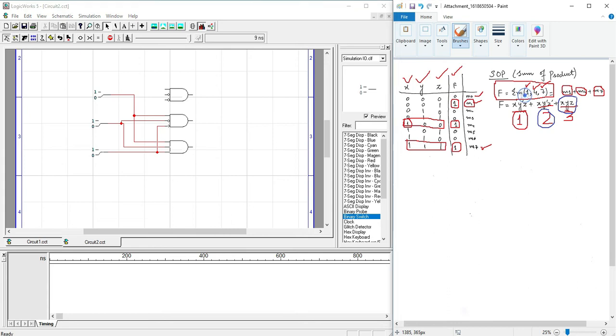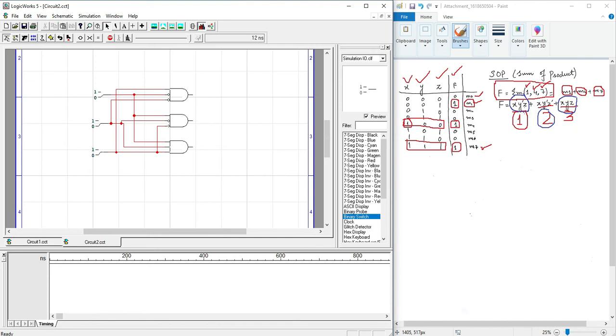So for the first gate, which is X prime, Y prime and Z prime, Z is simple, so we will click on here and then simply move down to the third input, which is Z. Now X is primed, so we will connect this primed inverter input to the X, and now we will connect the Y into the inverter.